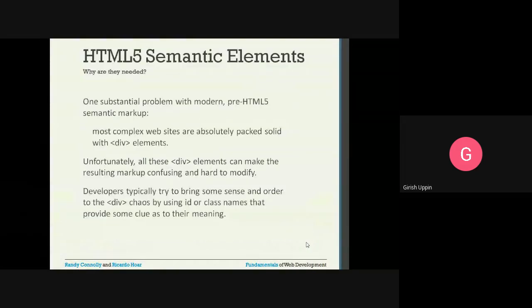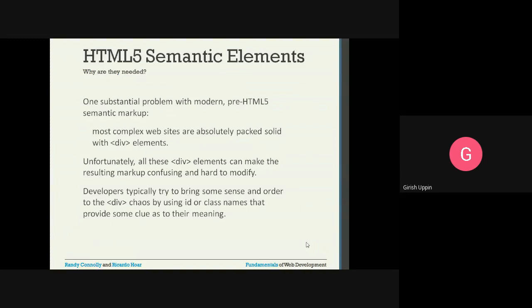HTML semantic elements. Semantic elements means elements which have a meaning. I told you an HTML document is all about the structure and the meaning associated with that structure. So there are elements that are associated with semantics. One substantial problem with modern pre-HTML5 markup is that most complex websites are absolutely packed solid with div elements.